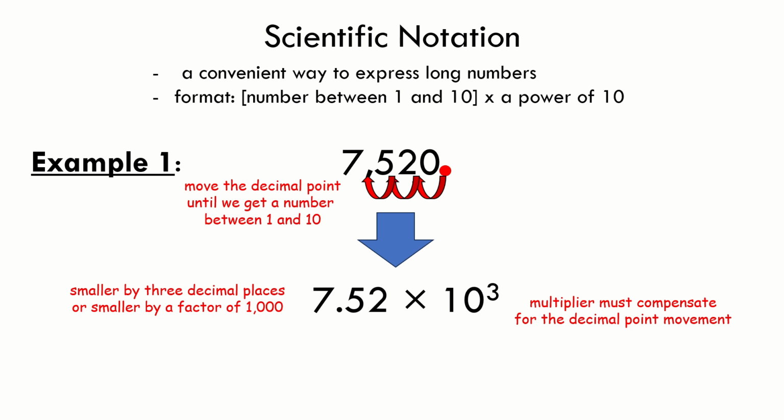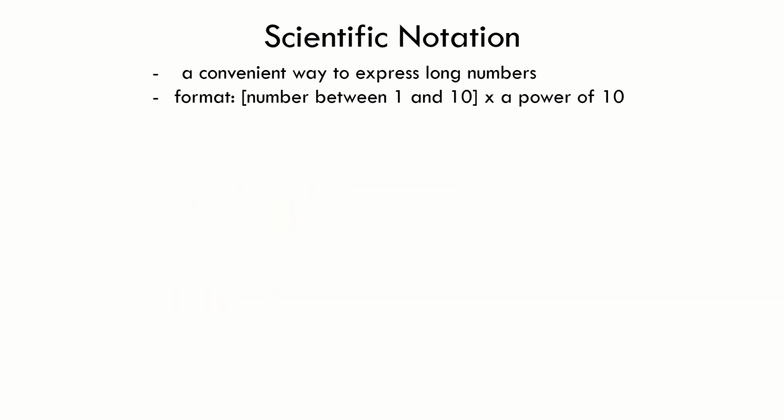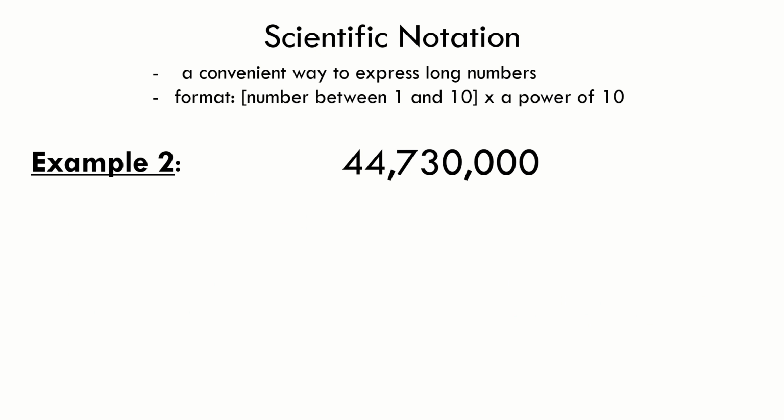Pinaliit natin kanina yung 7,520 to 7.52. Kaya babawian natin ng 10 to the third na multiplier para mabawi natin yung tunay na value ng number. At ito na ang ating number in scientific notation. 7.52 times 10 to the third power. Isa pa,